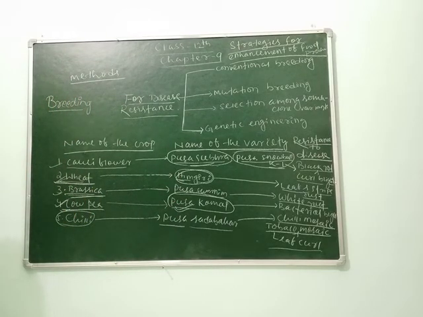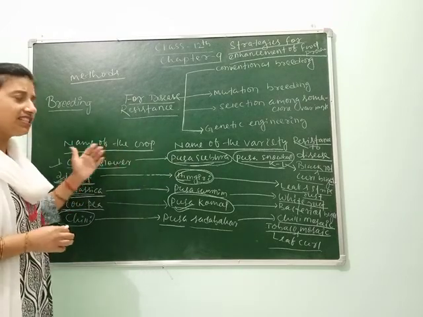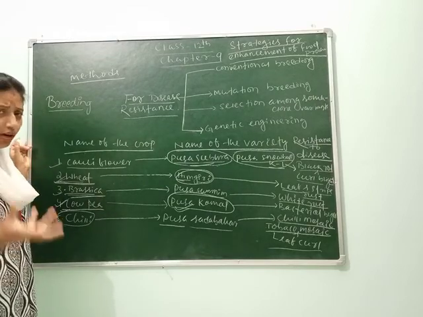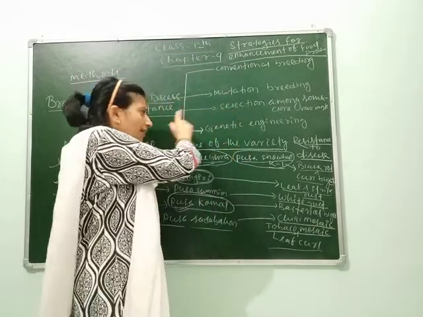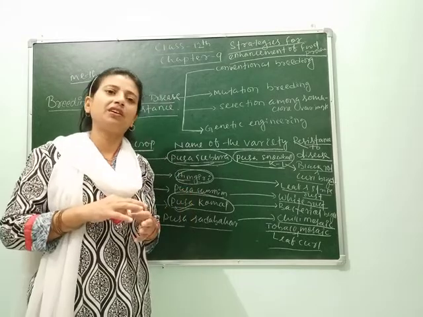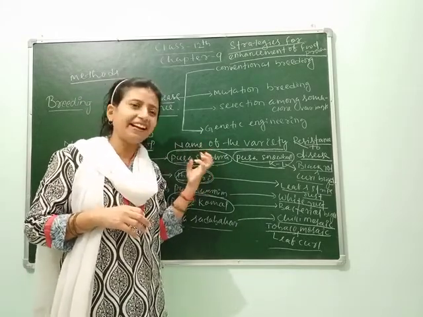Next is insect pest resistance. This was about your disease resistance. For insect pest resistance also, some varieties are developed. Students, you can see the table in your NCERT book. You have to memorize it completely, because we are unable to remember this through learning again and again.